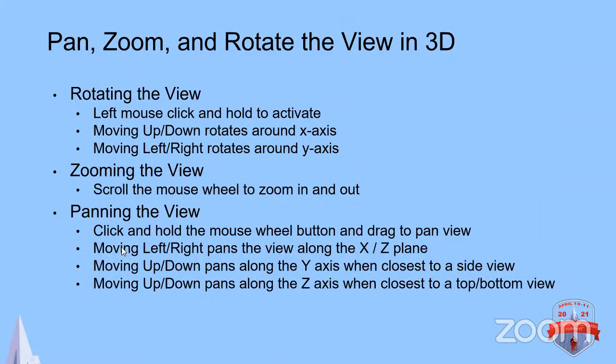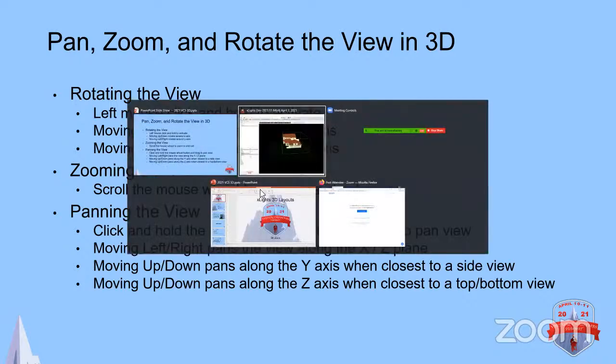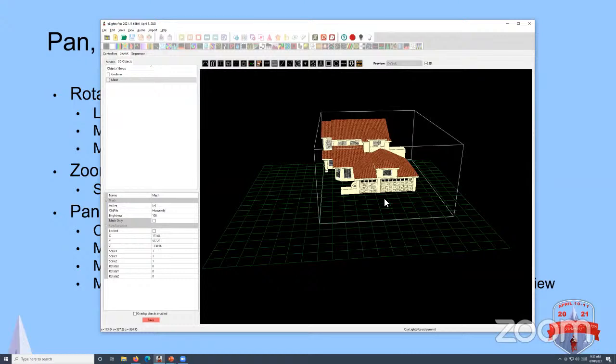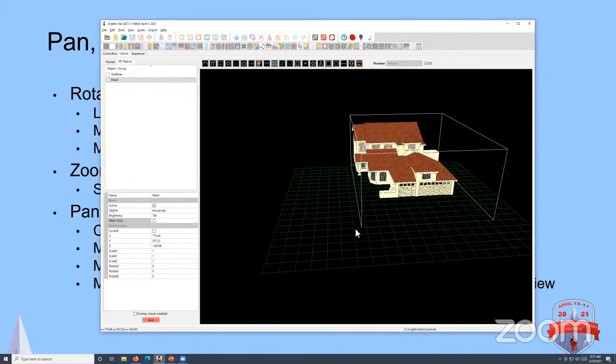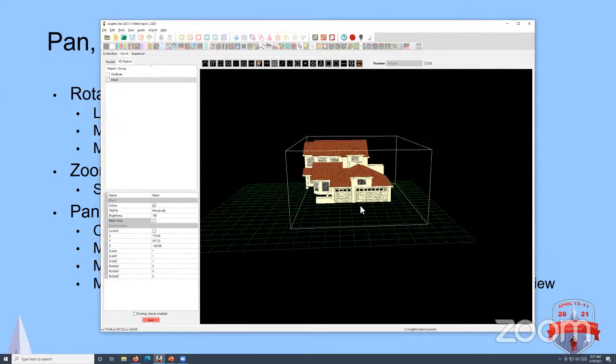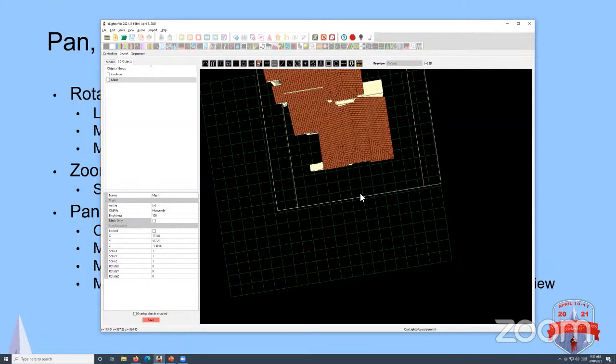And panning, left, right pans. There is something I implemented called smart panning. Depending on what angle you're looking at, it changes which axis is panning. You hold down the mouse wheel to pan the screen. So if I go to a top view